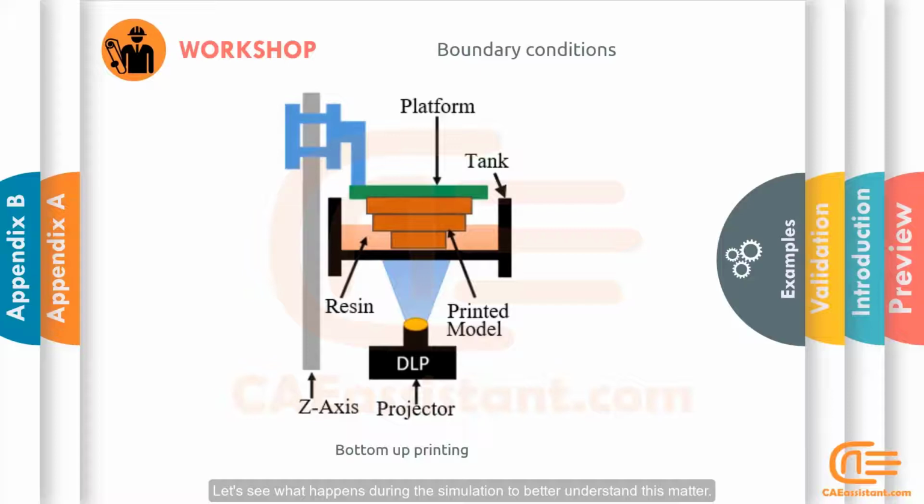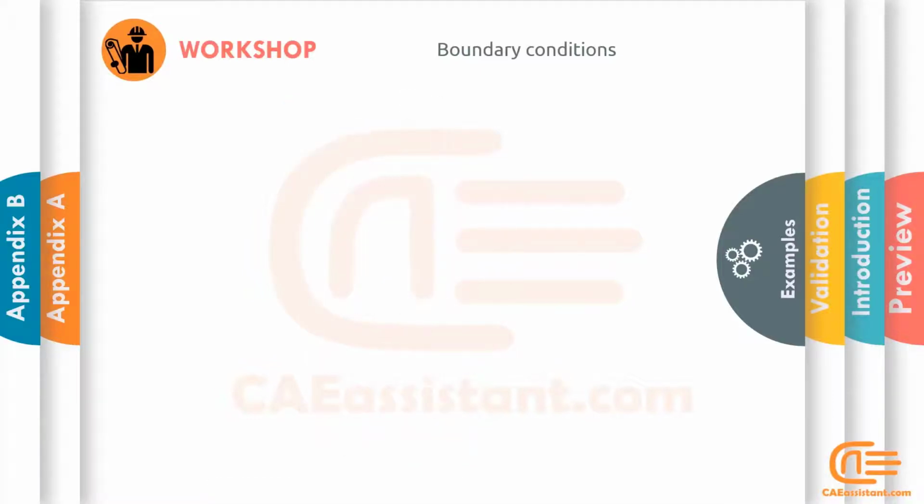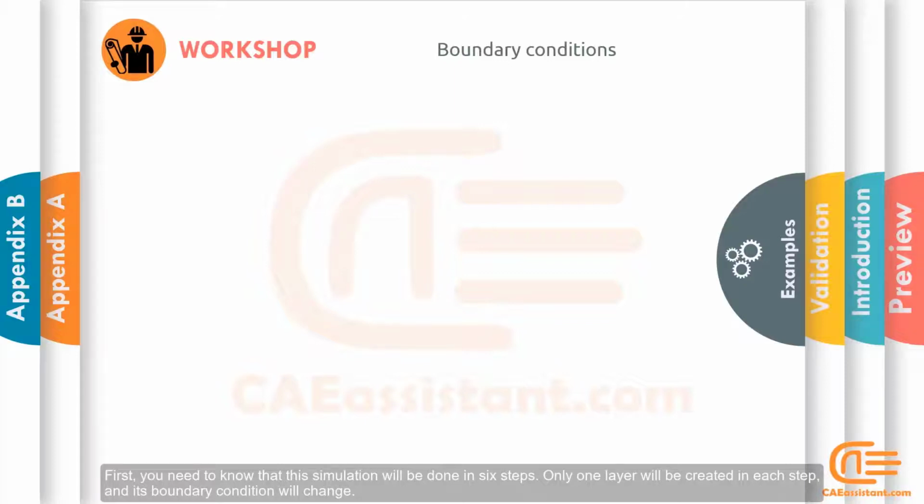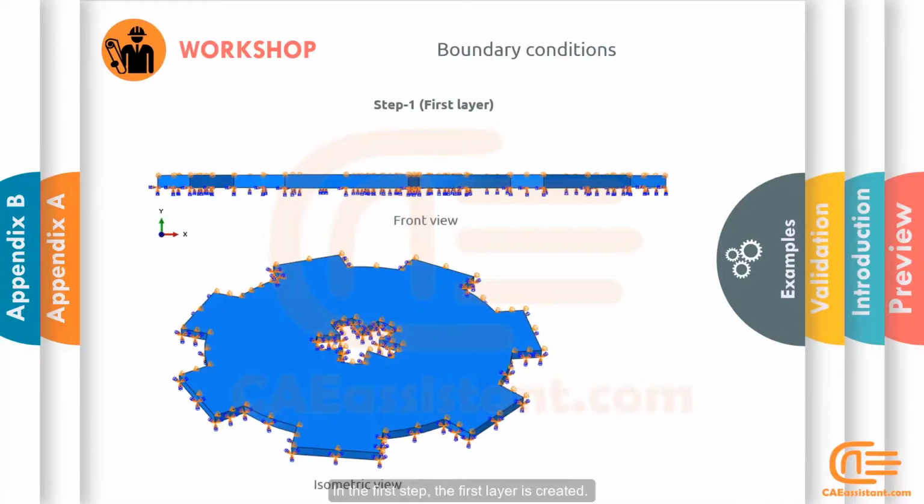Let's see what happens during the simulation to better understand this matter. First, you need to know that this simulation will be done in 6 steps. Only one layer will be created in each step and its boundary condition will change. In the first step, the first layer is created. The top surface of this